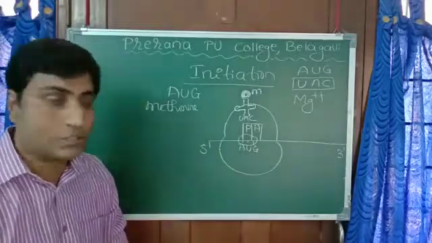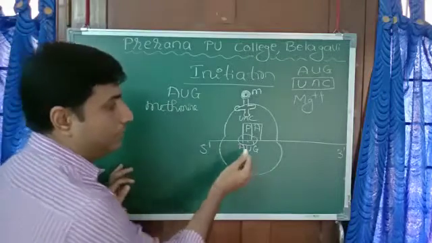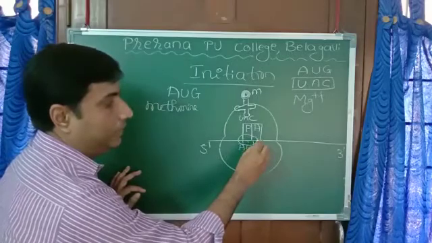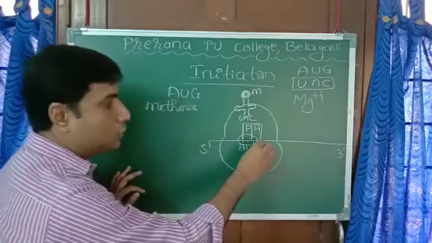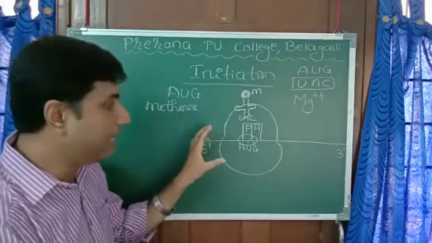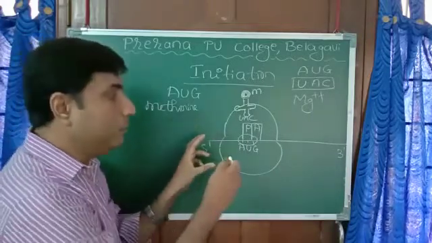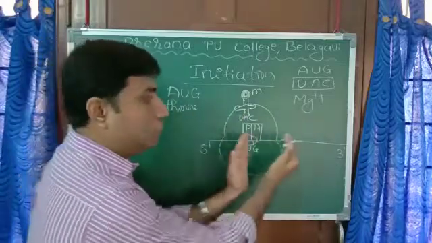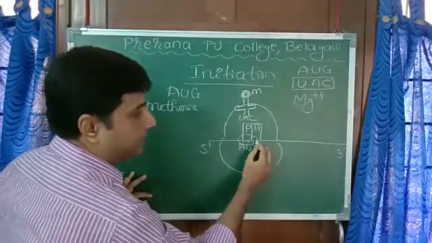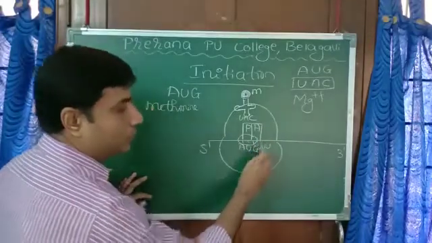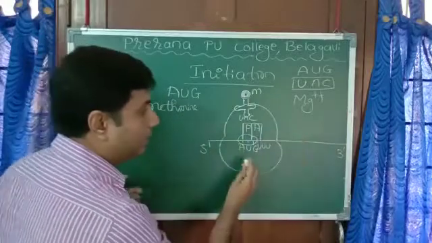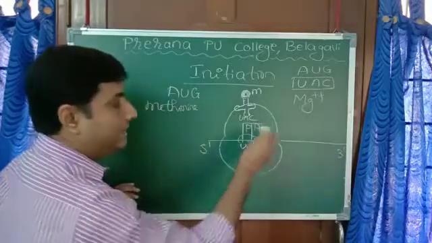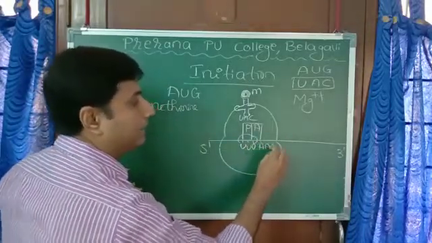Now what happens? Next, the codon present at A. Slowly you can imagine the ribosome moves. The ribosome slides. When the ribosome slides, the codon present here, say at A it was UUU, then when it slides, UUU will automatically come here, and next some other codon will be at A because it slid.